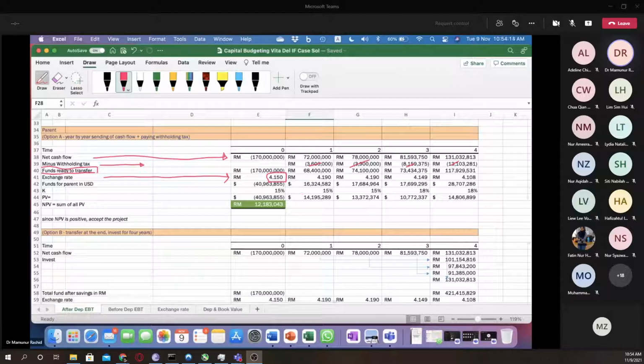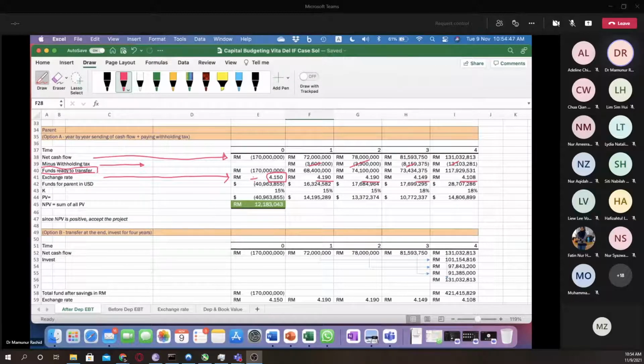You see, these are the exchange rates transferred, 4.190 for, let me check. Yeah, 4.190, 4.190 first 2 years same, and then 4.149 and then 4.108, right? So these exchange rates are now used to calculate and transfer Malaysian ringgit to USD, right? So when you have the exchange rate, calculation is very easy. You just multiply with the exchange rate, or in this case, you will divide 170 million divided by the exchange rate